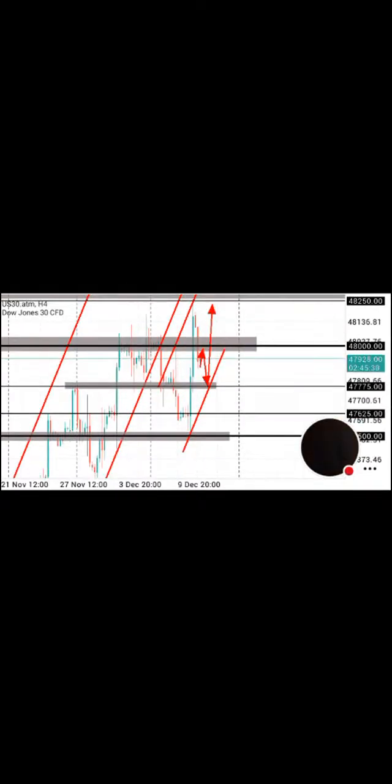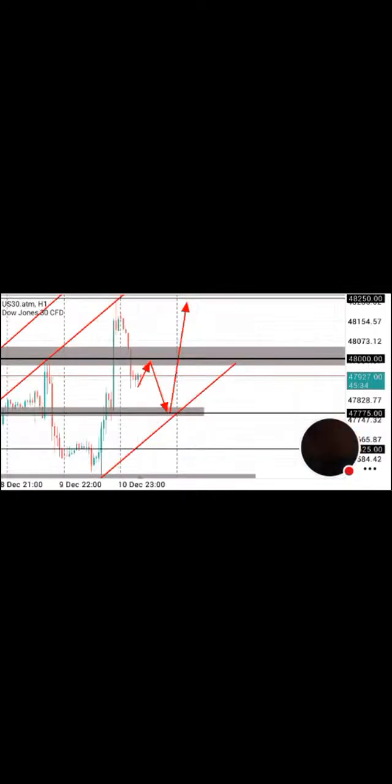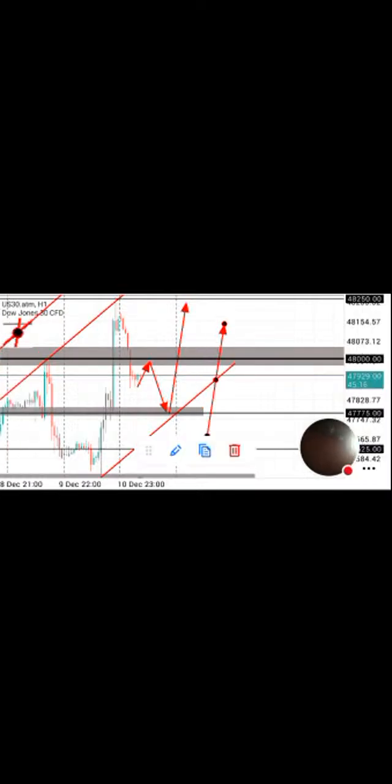Now on the 4 hour time frame, we are seeing some price reaction, and I'm looking for price to retrace back to the psychological level of 48,000, and will be dropping to the downside. Now why am I saying so? Now if price gets to this point, if price gets to this point now, guys, we are looking for price to get